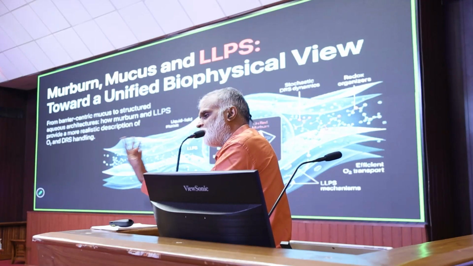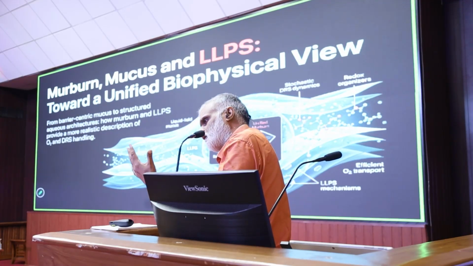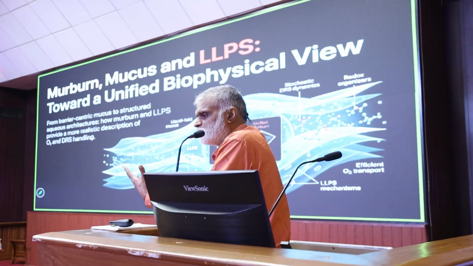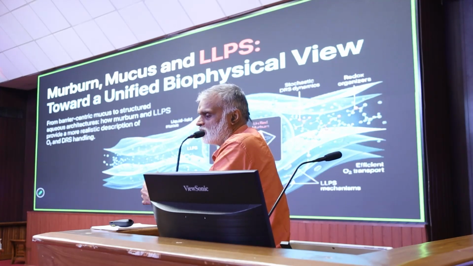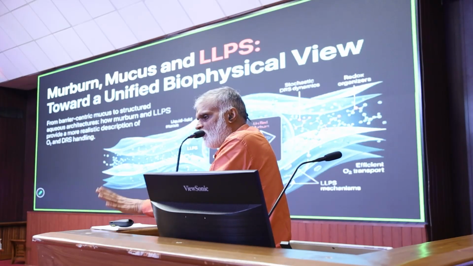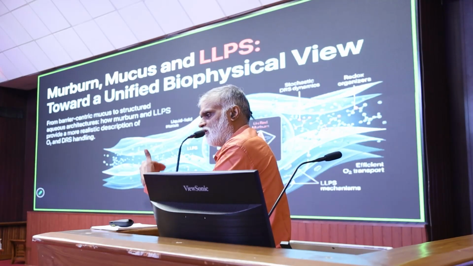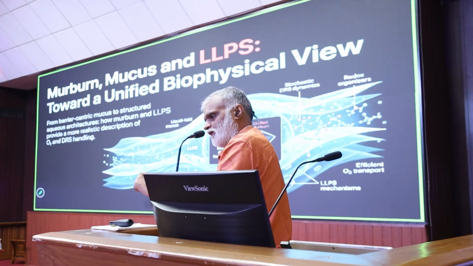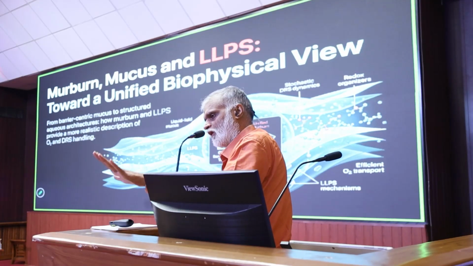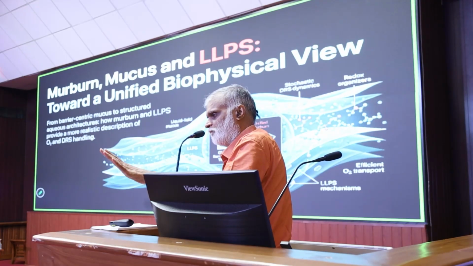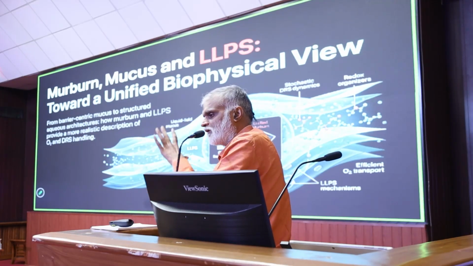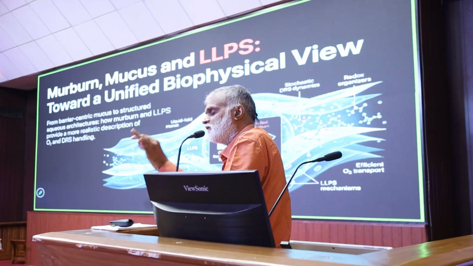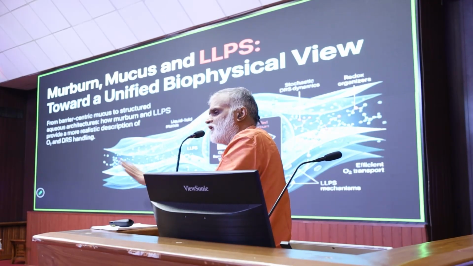They are now being called moonlighting proteins and promiscuous proteins. So the same sequence, 100% identical sequences, can have different functions. That is possible because of the intrinsic disorder, which enables them to adapt and manifest themselves based on the requirement. This is nature's real design principle, efficiently used by nature for various manifestations.